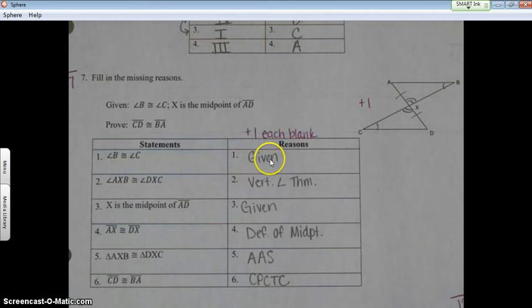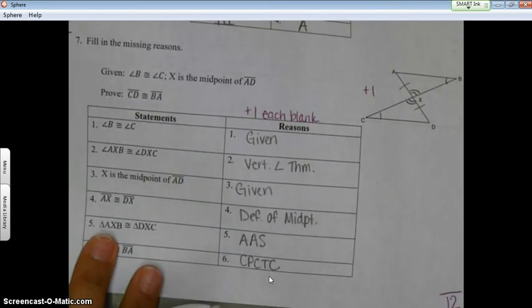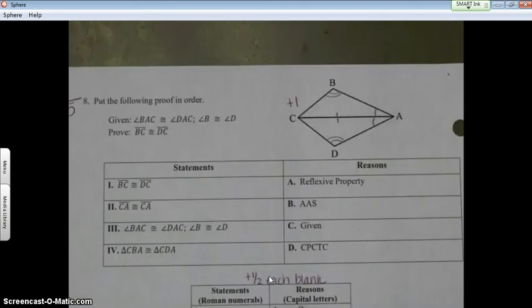So again, this one I did 1 point for each blank and then 1 whole point for your picture. So then this one came out to be 7 points. So that was 7. So if you're keeping track, this page was out of 12. The second page we just got done grading was out of 18 points. And then on the back,